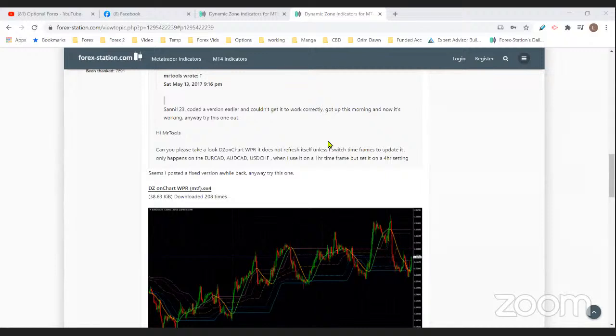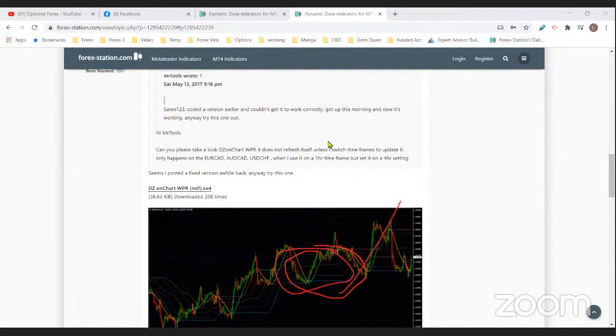Try not to pick the bottoms. It takes a lot more skills to do that. Same thing, try not to pick the top. What you want to see is that after price bottoms out, you want it to go up, and what we want to trade is really the first retracement. That's what we are really aiming for.